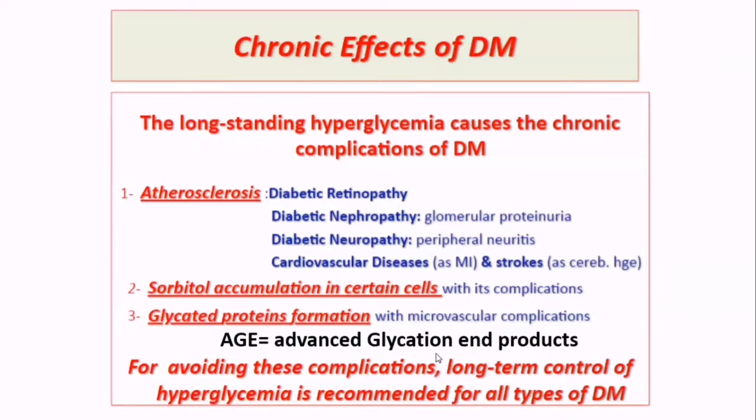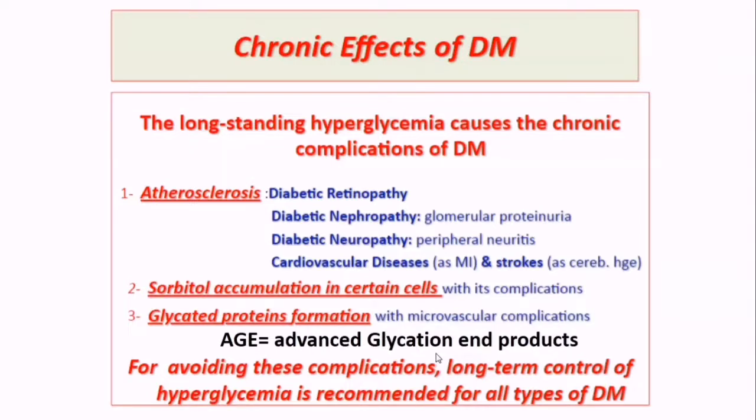These are atherosclerosis, which can result in diabetic retinopathy, diabetic nephropathy, which leads to the glomerular proteinuria, albuminuria, and gross proteinuria, which leads to anasarca, and the diabetic neuropathy, that is peripheral neuritis, and cardiovascular diseases such as myocardial infarction and brain stroke, and also this sorbitol accumulation in certain cells leading to cataract and glaucoma